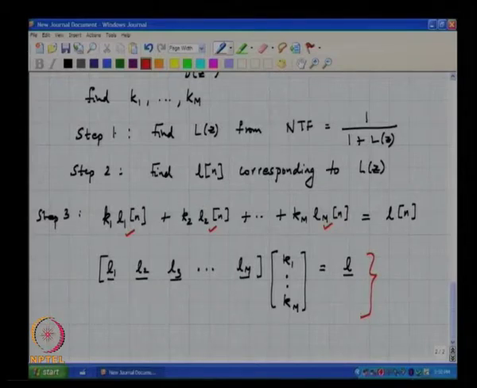Let us call this P equations, where P is the point at which you have truncated all these impulse responses. So, you need to find m numbers, you have P equations. So, what is the minimum value of P you need? P must be greater than or equal to m,